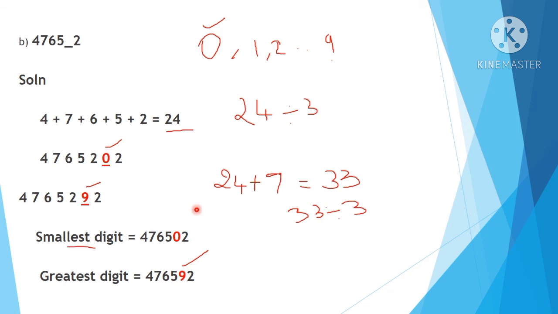Understood, children? When you add 9 with 24, if it is not divisible by 3, then we will check for 8. So here first when we check for 0, we are getting the answer divisible, right? So we will write 0. Here 9 also when we check first, we got the answer. If you are not getting, then we will check for the next number. Next greatest means 8. Smallest means we will check for next 1, 2, like that it goes on. Understood, children? So here we got the smallest digit is 0 and greatest digit is 9.